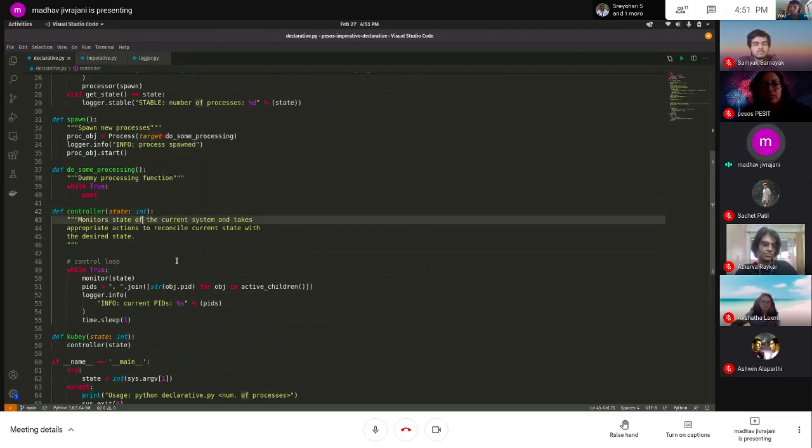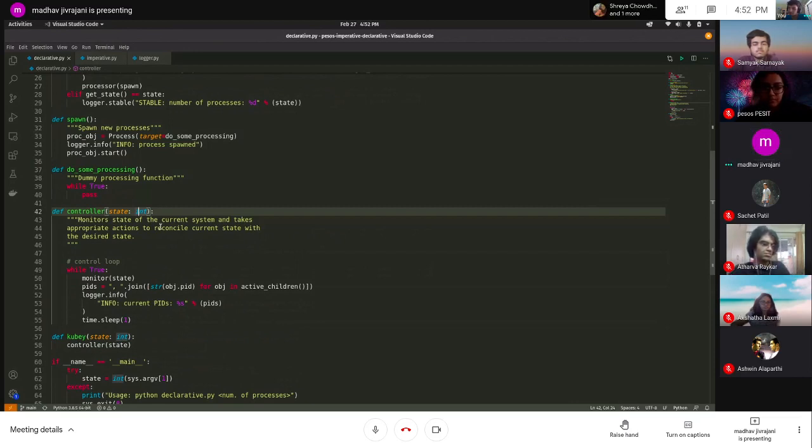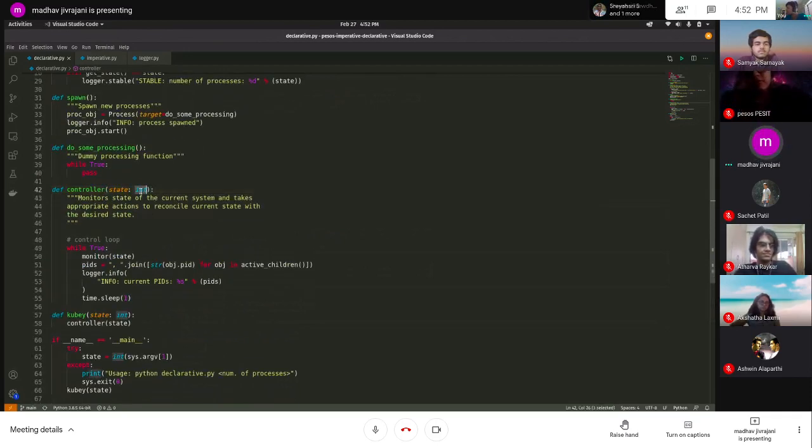I don't think Python itself enforces anything. This is mainly meant for static checkers to figure out that if you're passing something of type double to something which has type int, it would throw an error. It's just to provide a hint, and also to make code more readable. So that's what that means over here.